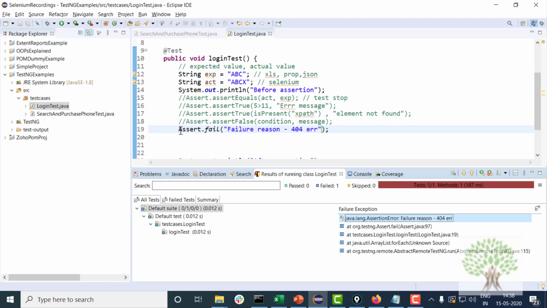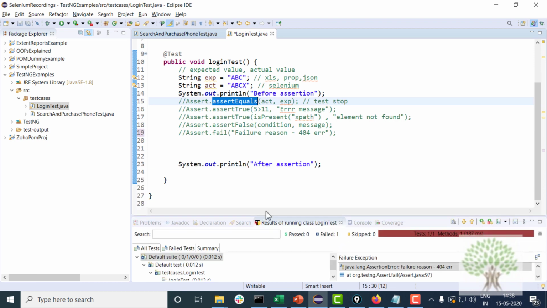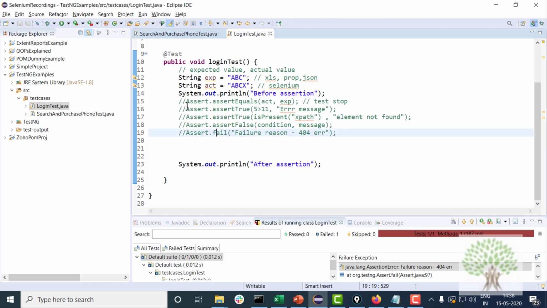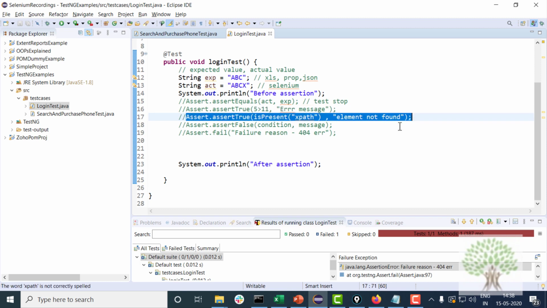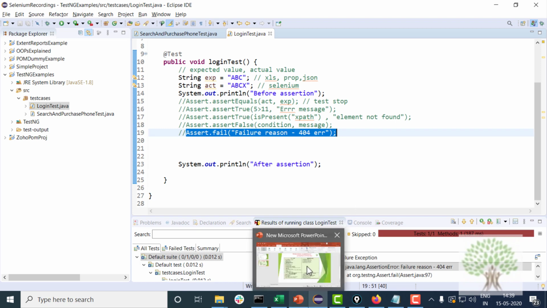So when you run this, you will get the failure message inside your results over here. So basically these are the assertions which we will be using in TestNG, that is assert equals, assert true, assert fail. Now the problem with them is that these assertions stop the flow of the program. If it is a critical failure, for example, you are very sure you have to stop the test, you have a 404, so you can use assert.fail directly and stop it. But at times you don't want to stop it. So what do you do over there?